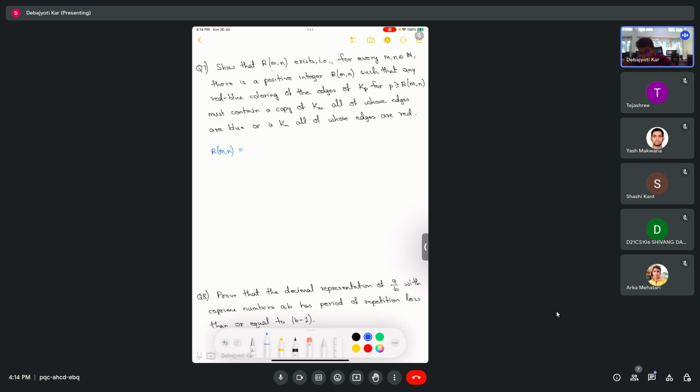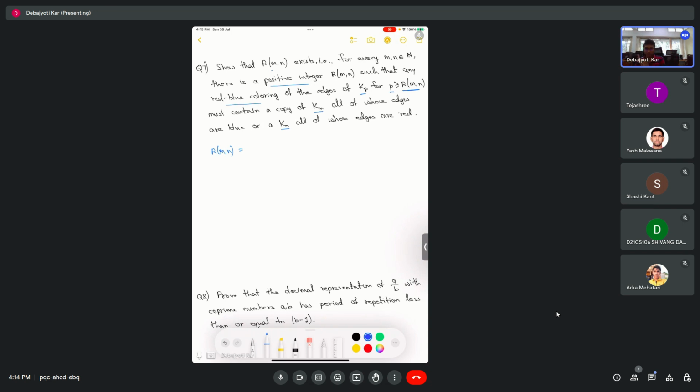So I've written it already here. So R(m,n) is the minimum positive integer such that any red-blue coloring of the edges of Kp, where Kp means the complete graph on P vertices. So if we take any complete graph on P vertices where P is more than some threshold, which is the Ramsey number, then any red-blue coloring of the edges must contain a copy of Km, which is a complete graph on M vertices, all of whose edges are blue, or a complete graph on N vertices, all of whose edges are red. Right? So it is the minimum integer such that any graph on at least those many vertices